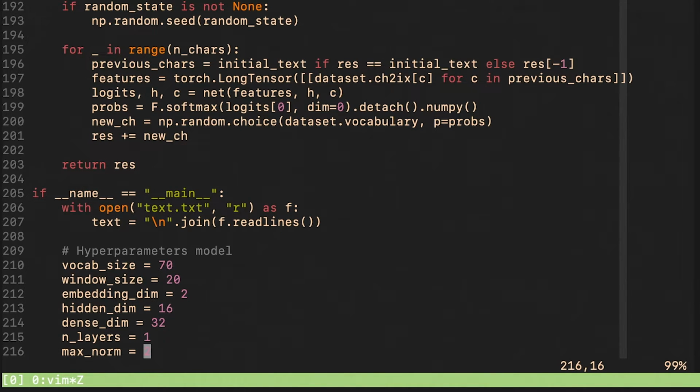We read some text from a text file, and then we define the hyperparameters of the model. Let me just point out that I'm setting embedding dimension equal to 2, and that is because I want to visualize how these embeddings evolve over epochs. If you wanted to build a model that generates realistic text, I would definitely increase the embedding dimension and other hyperparameters. However, for our purposes, this is great because it will allow us to visualize.